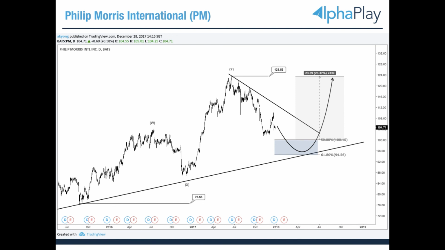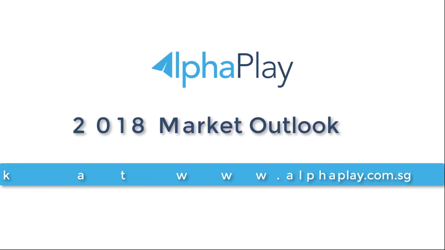And how I select and filter to do a tag is I base it on the largest capitalization in that sector. The rationale behind largest capitalization is they are large companies, so when crisis hits, the likelihood is they will survive more than your smaller companies. This one is also a clear impulse correction, then the next likelihood is up. That is all for the whole big picture. More details, read the report.